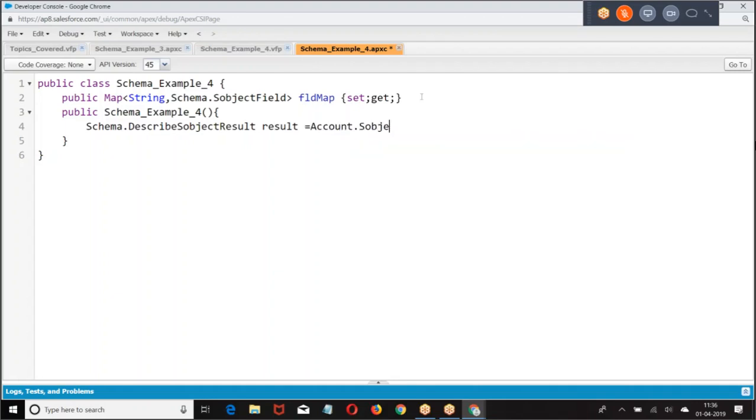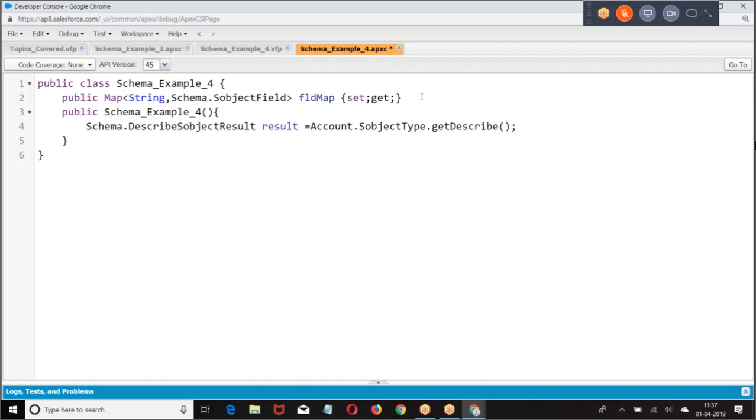Account dot this object type. Schema describe S object result. Result equal to account dot S object type dot get describe.